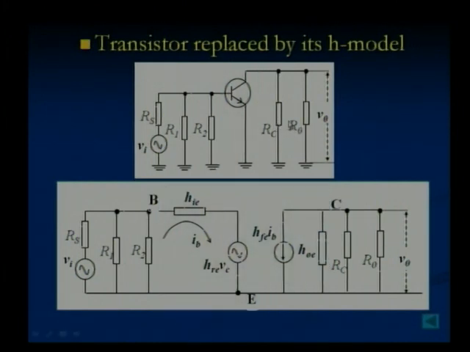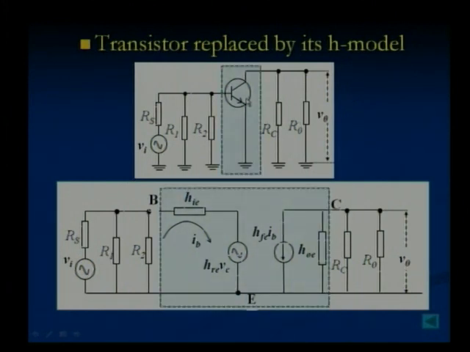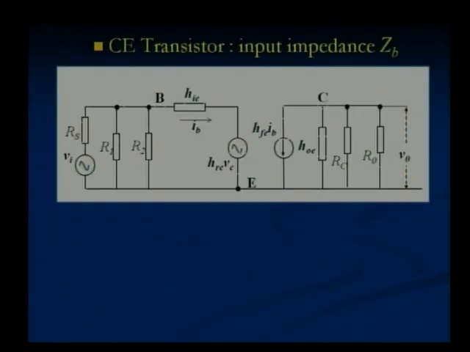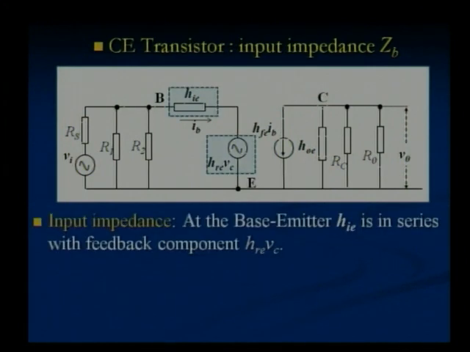So the upper circuit is the AC equivalent circuit, where a transistor is there. In this AC circuit that shows the AC behavior, we replace the transistor by the h-parameter model, and simply by doing this we can generate the transistor common emitter amplifier h-parameter equivalent circuit. Now let us find out the measurements of some parameters of the common emitter transistor.